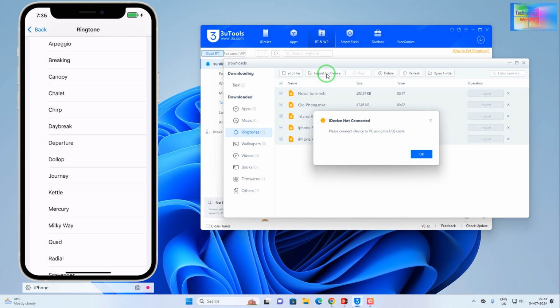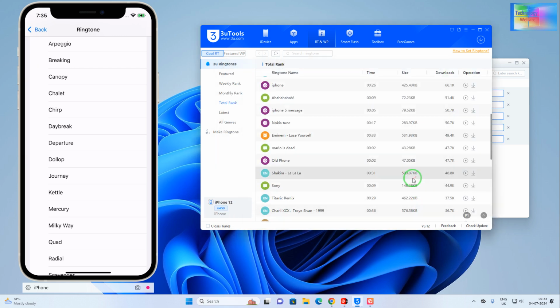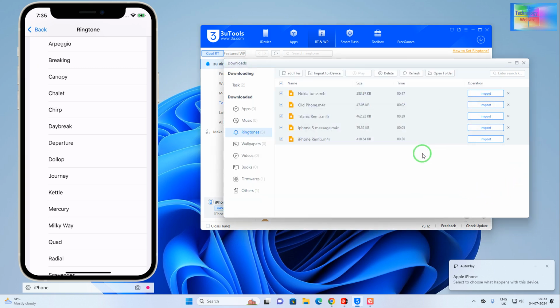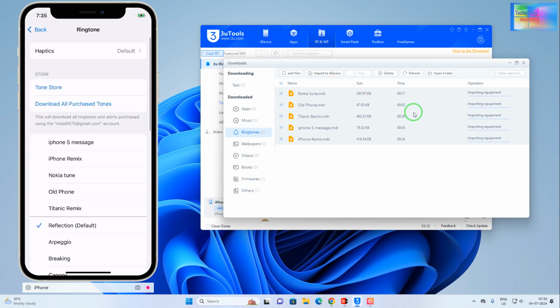3uTools will notify that it has been connected. So see, now it has been notified that it has finally been connected. Now it's time to export, so we will do it, and thereupon of course here one by one also, or directly you can import from here. So now see, all of these will be imported here. Now see, these all came here. Finally if I click on Nokia, now see,